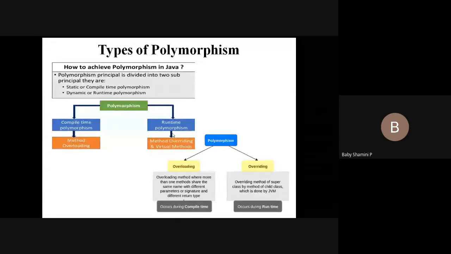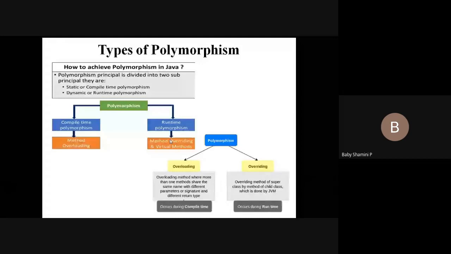So next one is runtime polymorphism. It is also known as dynamic method dispatch or dynamic binding or late binding. Compile time polymorphism contains the category method overloading. Next one, runtime polymorphism contains the method overriding concept.